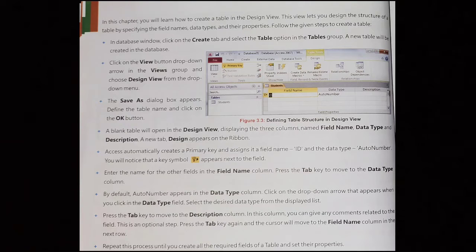So you need to enter the name for the field in the Field Name column. For example, if you are making a table on class 8th students, then you need to enter the following fields, that is roll number, student name, class, marks, grade, and address. And the next step is to choose a data type for a field from the data type list.